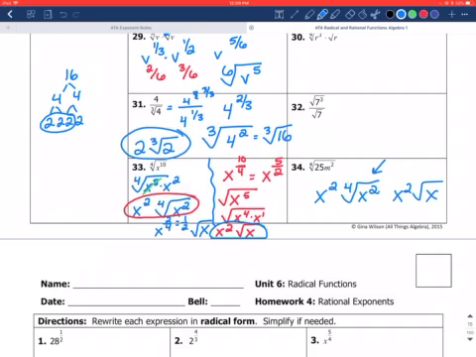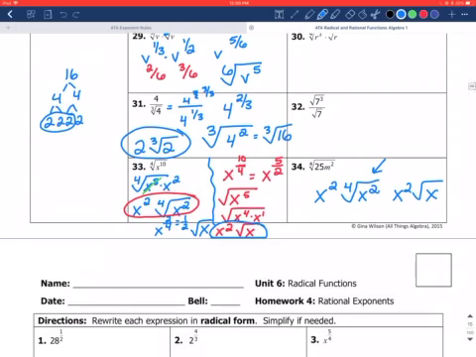So I'm putting that out there to keep an eye out for it, and show you that we can do it both ways. Technically, if you put it into exponential form to simplify, then you will always go immediately to the simplified answer. You will not have a fourth root of x squared or anything like that. But I want you to understand that there are multiple ways to do this, and I'm perfectly fine if you give me this as a final answer. I just want you to see that there are